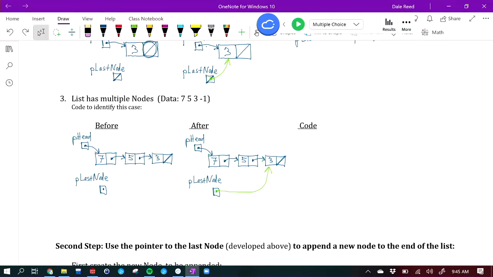So the data was 7, 5, and 3, and if we were appending to the list, whatever, don't worry about the order, let's just say that those are the values that are already on the list. So what's going to happen here is we're going to say P head points to that list, and then P last node, we're going to have this point to the same thing that P head points to. Because we already know that if we get to this